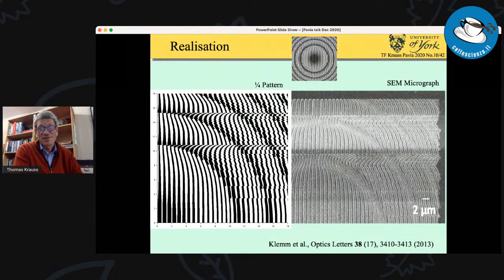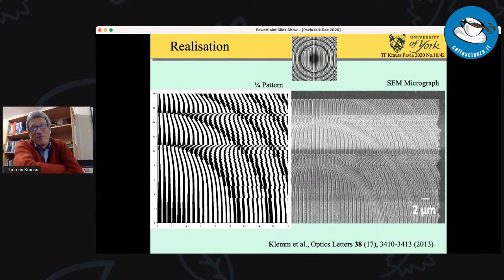So there is one of these, and you can see it looks quite pretty, at least I think it's pretty. You basically have this variation of the grating, which gives you the variation in phase, and clearly it follows a sort of Fresnel lens type approach. If you look at the picture on the top, it looks like a Fresnel lens with these rings, where then you have a 2π phase jump.